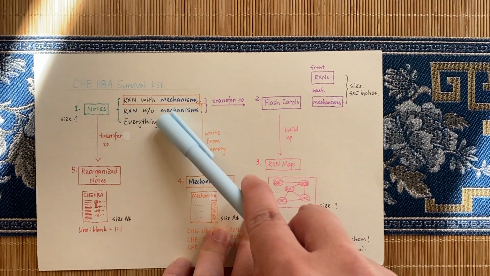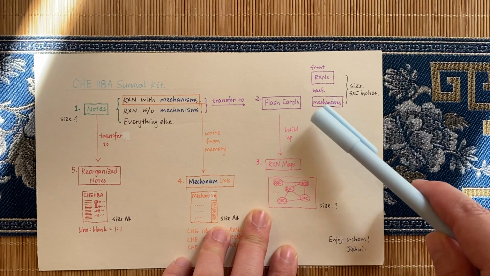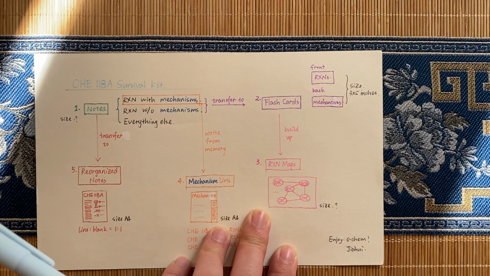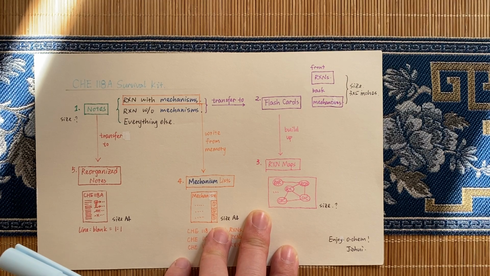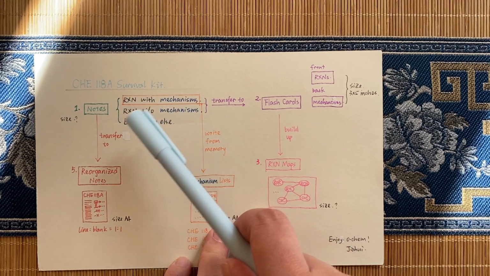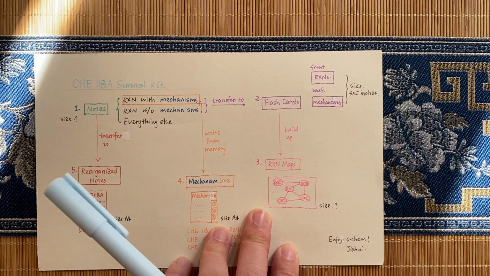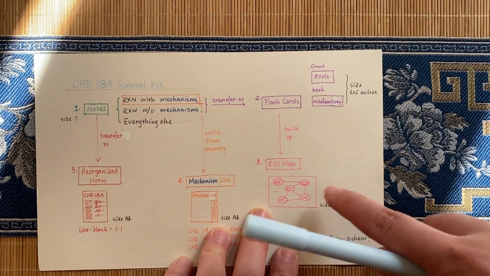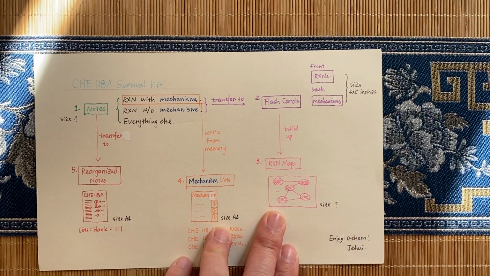There are reactions without mechanism as well, right? It is not that they don't have mechanism, it's just that in undergrad we don't require you to memorize them. The reactions with mechanism are very classical mechanisms, so you're supposed to know that, okay? All right, build your reaction map based on